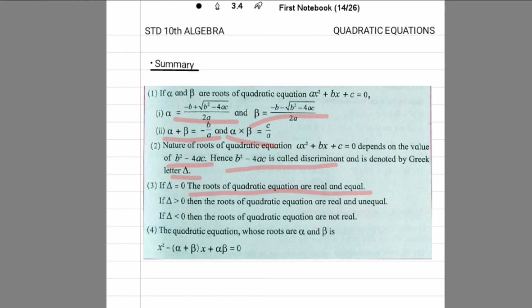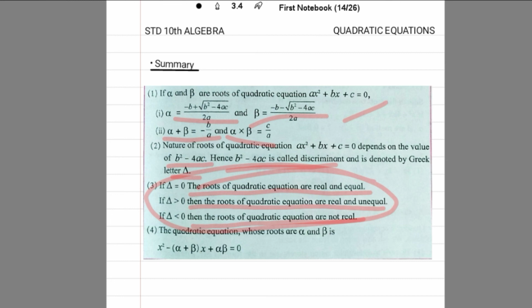Now I told you the reason why it is equal, right? The next condition is, if the delta value is greater than 0, then the roots of the quadratic equation are real and unequal. If the delta is less than 0, then the roots of the quadratic equation are not real. They will be imaginary. That imaginary concept is not there for you still. It will be in your further classes, right? So it is not that important. The only thing you have to remember is these three conditions, right? And you know how that came. So yes, you have to remember these conditions and the formula throughout.